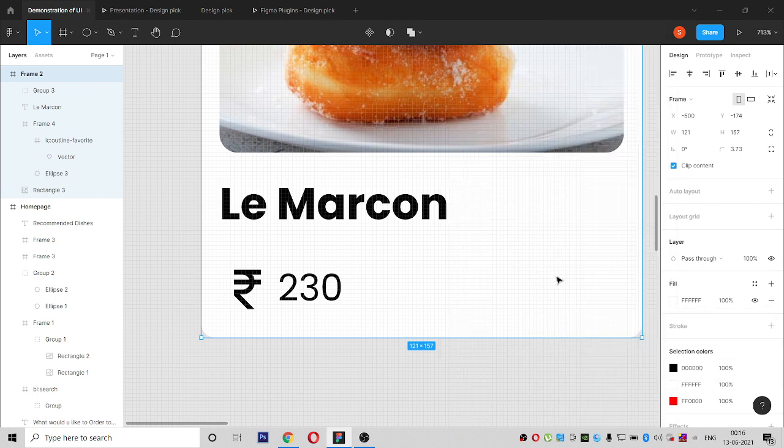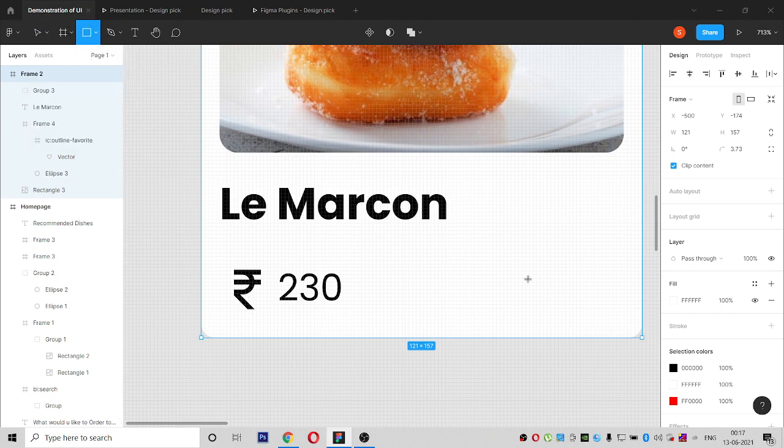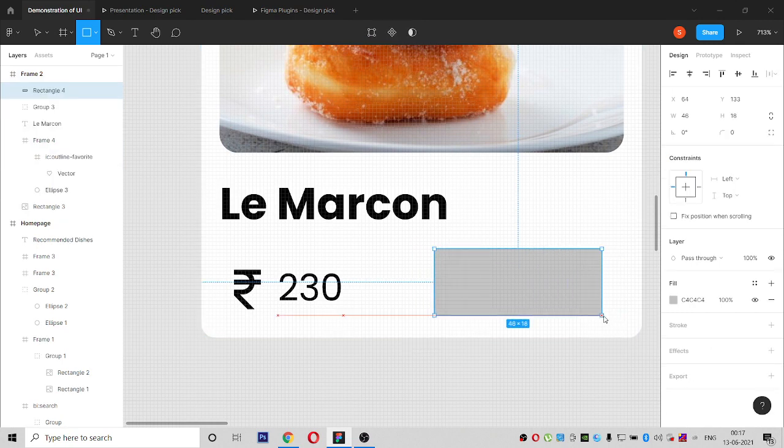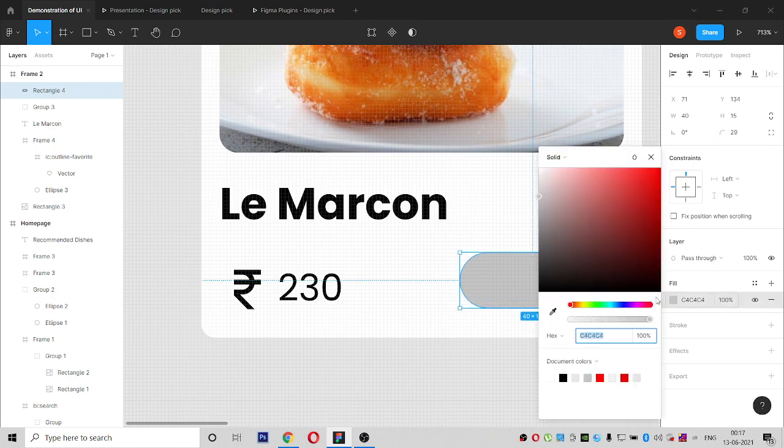Then only you can get a perfect stylish design. And we have to add a cart button, cart symbol. I think we can give a rectangle box straight to this price. So we will take 15 as the height and 40 as the width, and make the corner radius go full, and keep some color for that.